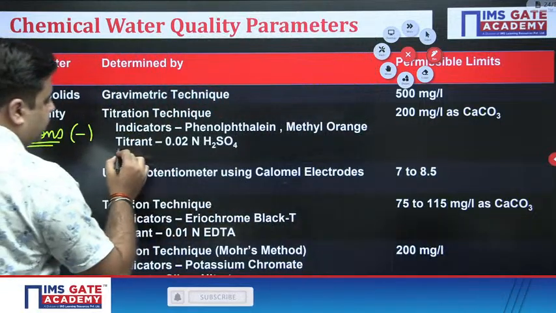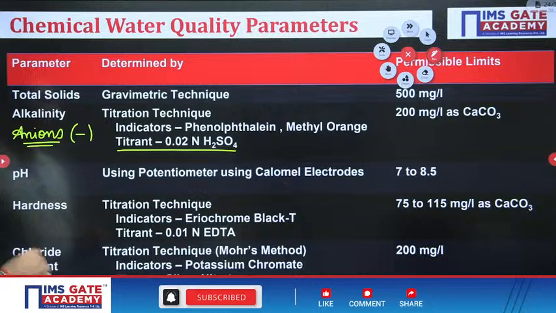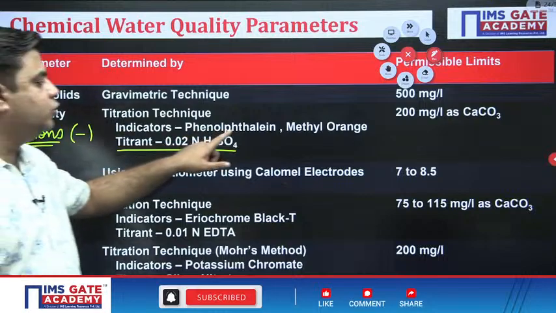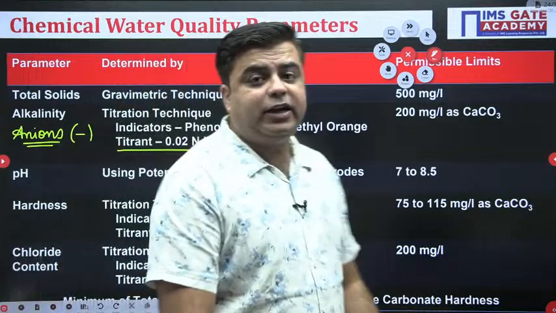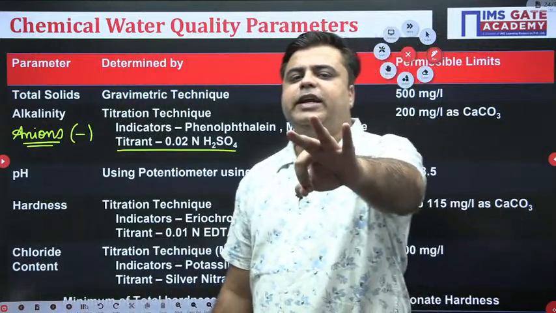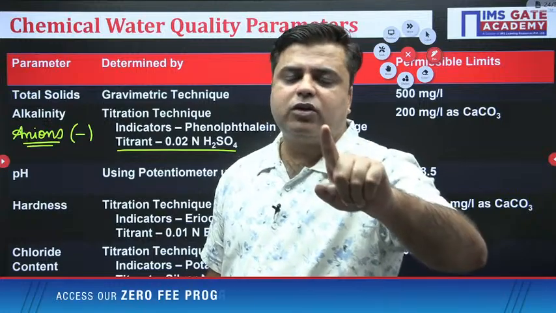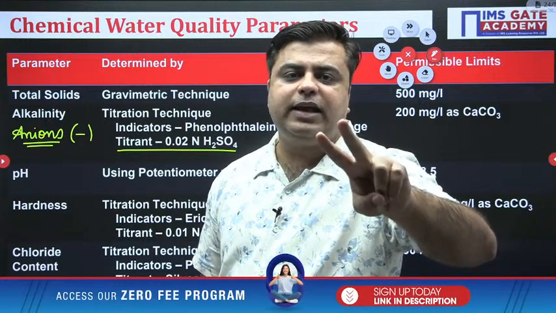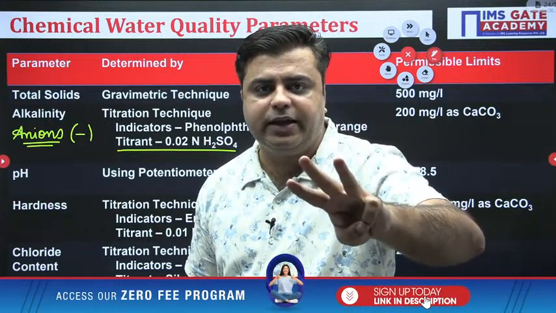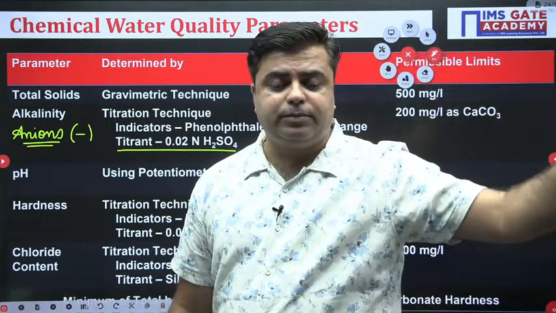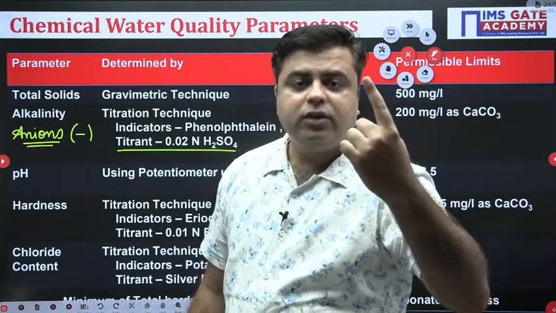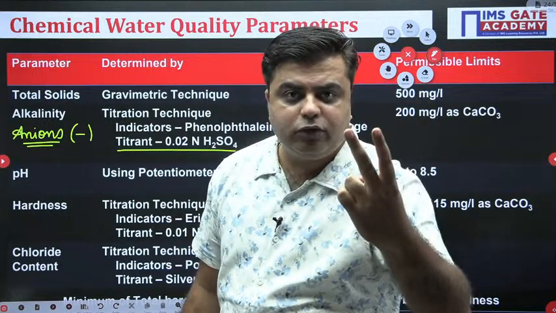Titrant used is 0.02 normal H2SO4, and the indicators used are phenolphthalein and methyl orange. While discussing this in the class, I told you that majorly there are three types of alkalinity. First one is the caustic alkalinity, second one is the carbonate alkalinity, and third one is the bicarbonate alkalinity. Alkalinity is the property caused by all the anions, but majorly three anions: OH minus ions, CO3 minus ions, and